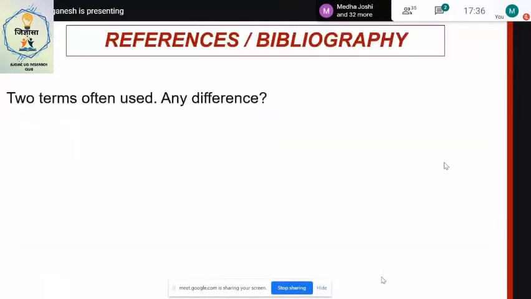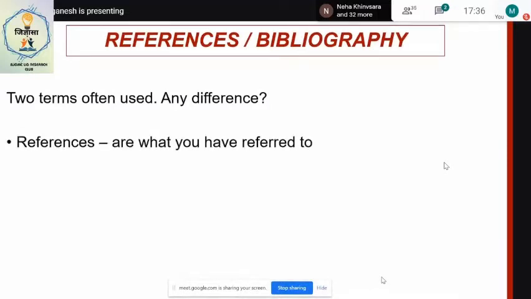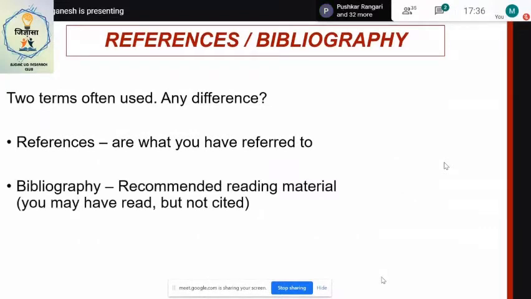Now, I've used two terms, references and bibliography. These are both very often used, and let's see if there's any difference in them. They're used interchangeably, but there is a small difference. References are whatever you've referred to, like we just saw in this paper. Bibliography includes also recommended reading material. You may have read it, but you may not have cited it in the paper, but you still want to